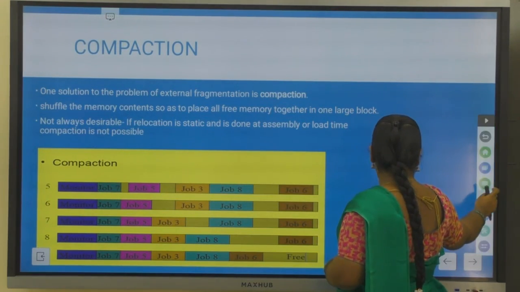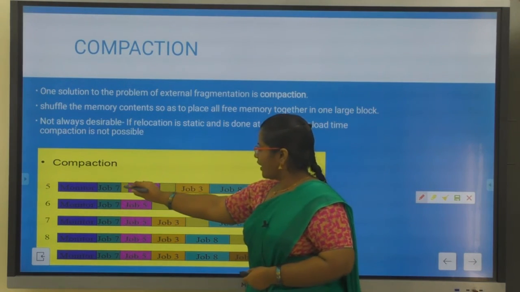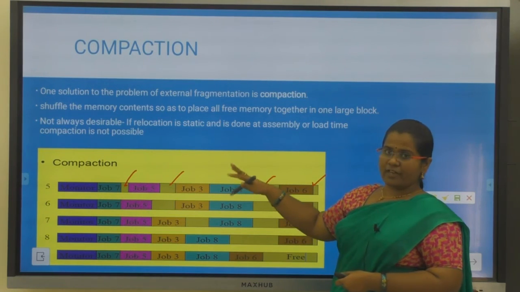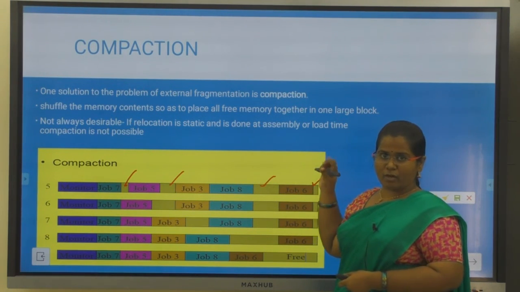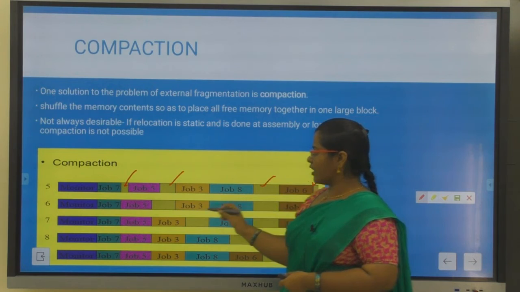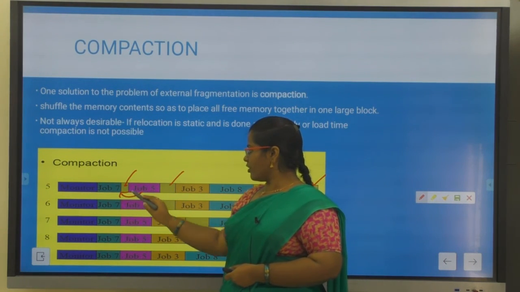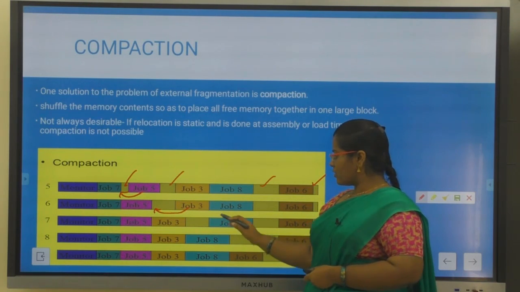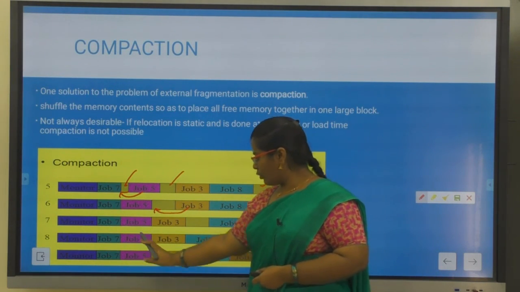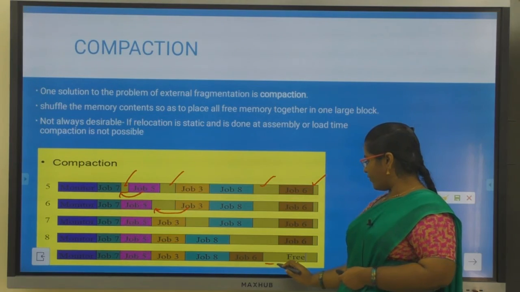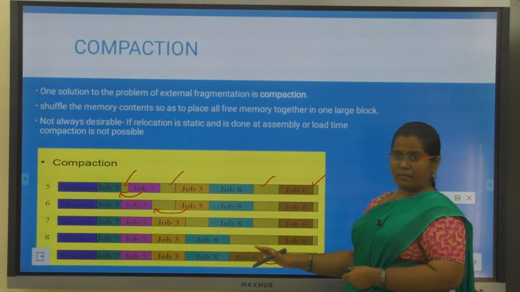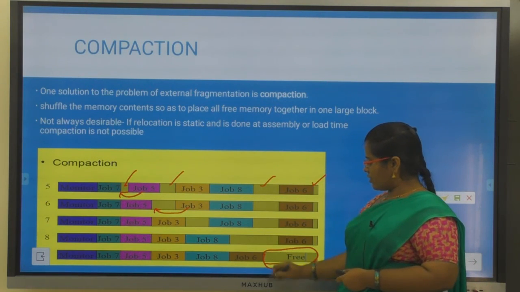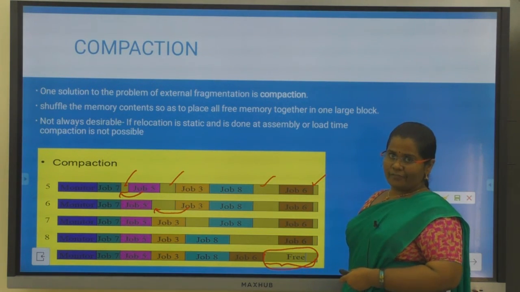Here I have a free hole, here 2, 3 and 4 slots. At 4 places I have free holes of smaller sizes. So in compaction, I will move each and every job towards one side, such that the free space is moved to the other side, and I can place the remaining process in the available continuous free space.